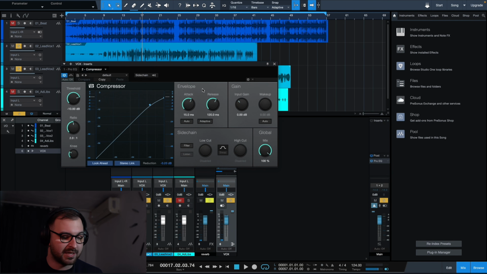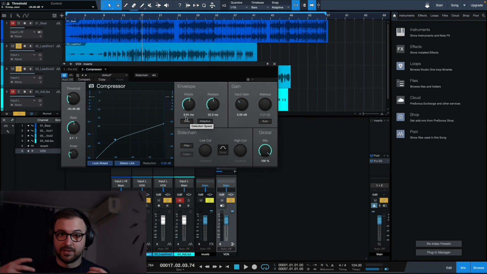He sings quite fast. So what I want to do, I want to keep a fairly fast attack and a fairly fast release. We can use this automatic and adaptive, but I'm not used to them, so I'll just do it manually. Let's say a release of 52 will do, and maybe an attack of 10. The ratio, for the first compressor, I usually keep it down to 2/1, 3/1, yeah? And what I will do now, I will put a stupid amount on the threshold, minus 35, something like that.